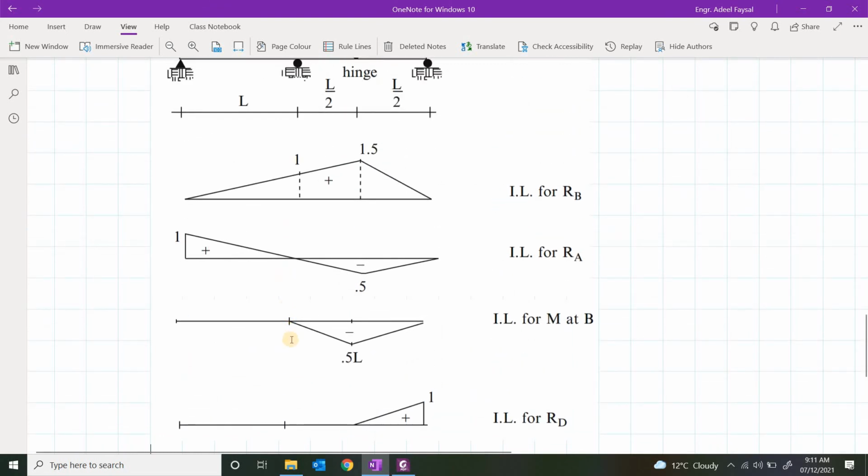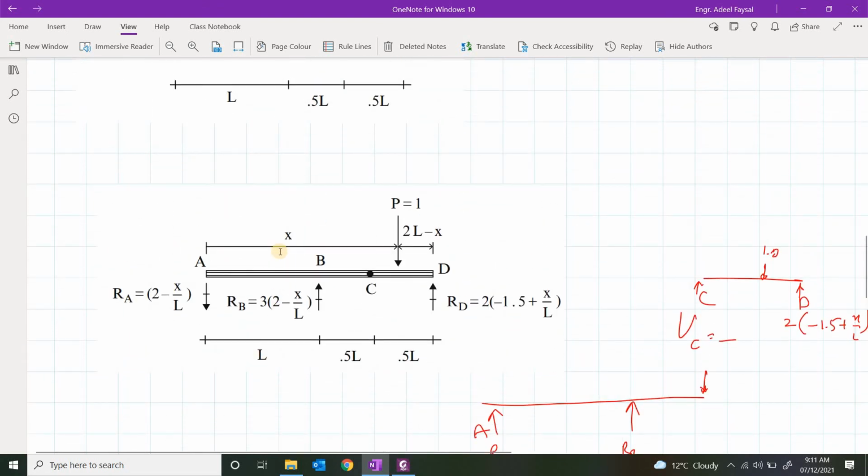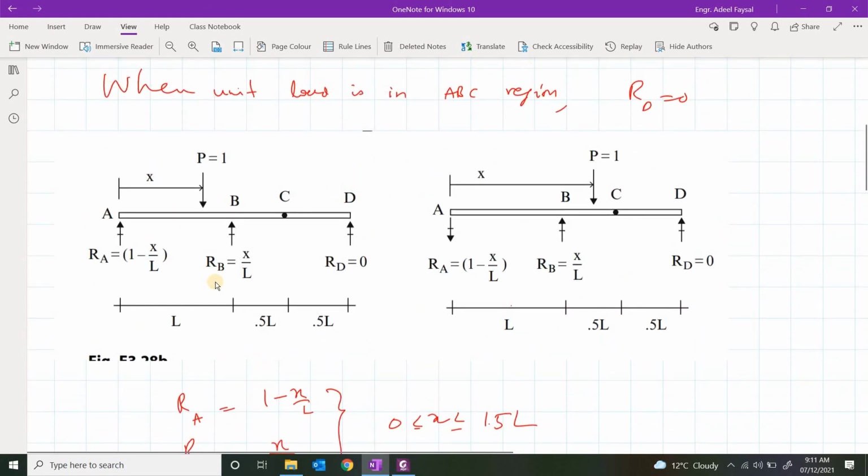But what we see is that MB remains 0. Whatever the expression was, it was independent of x, and for that reason we were ending up with a value equal to 0. I'm not going to tell you how to find bending moment at a certain location. You'll be able to cut a section over here. Sorry, this is not the case we are considering, this case.